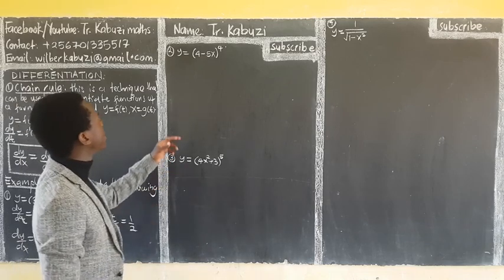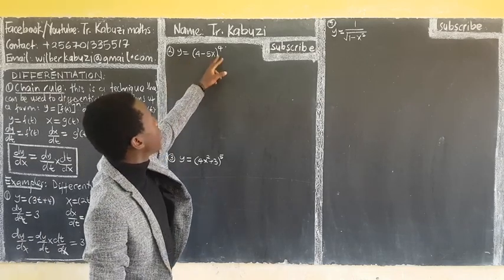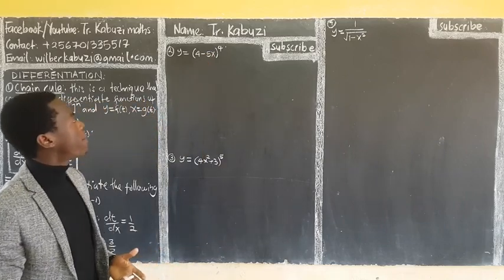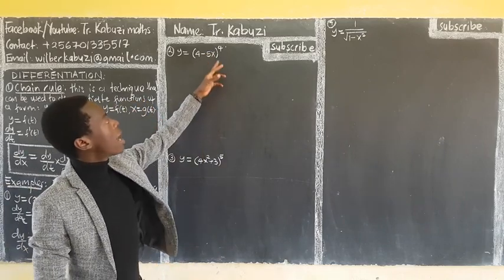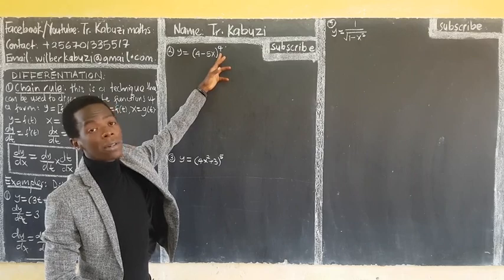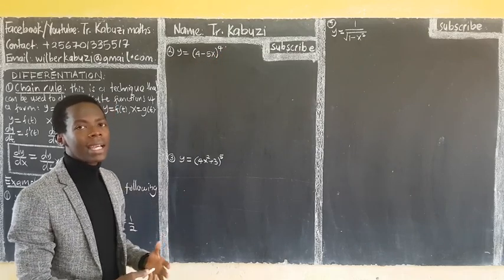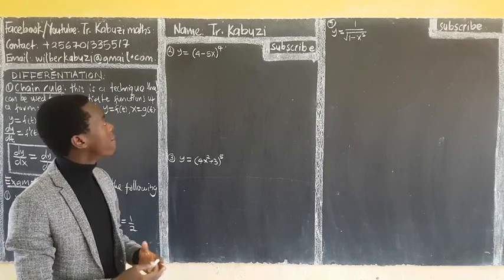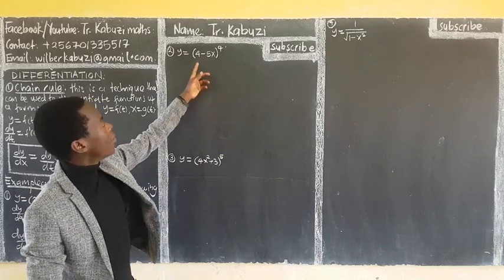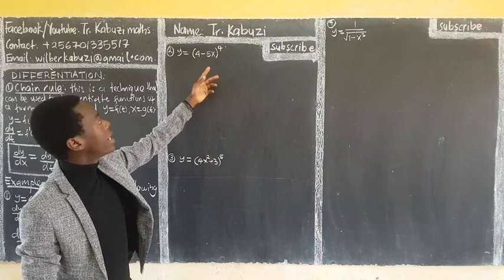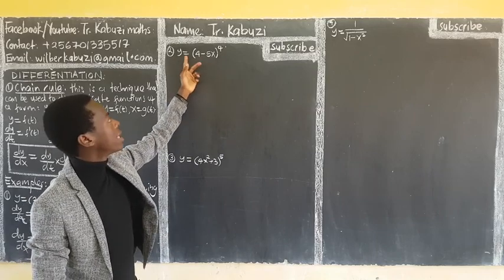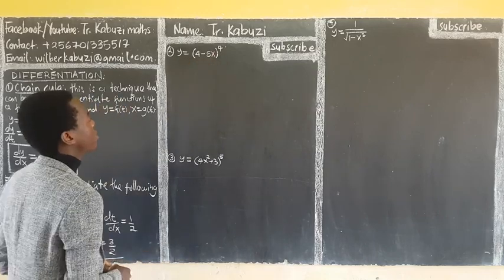Coming to this one, now we have y equal to this. You see we would have to use the power method, so we have to expand this bracket 4 times and multiply, which is going to be tedious and time will be vanishing. So what we do is let the function inside be any letter, and this one will be that letter to the power 4. How are we going to do that? So we say,